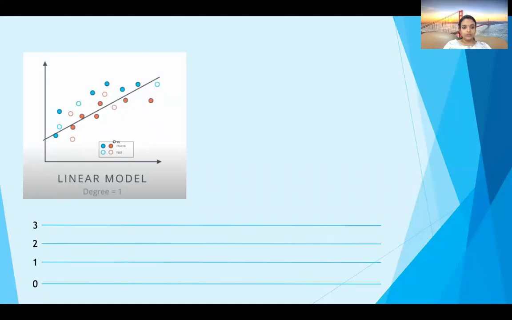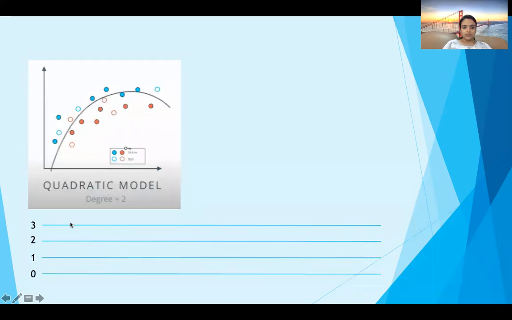Now we will see the testing data. Here we can see these two red points are misclassified, and this blue point is misclassified. So here there are 3 points in total. So we have a training error of 3 and a testing error of 3 here. We will plot these two errors in this graph. As we have the training error as 3 and testing error as 3, on the line of 3 we have plotted this point.